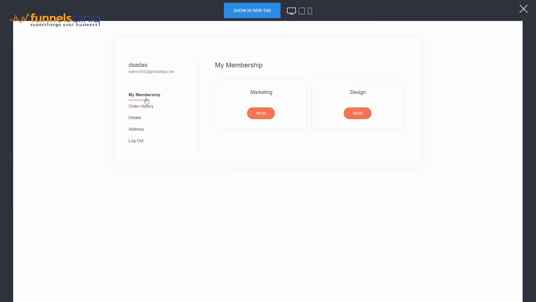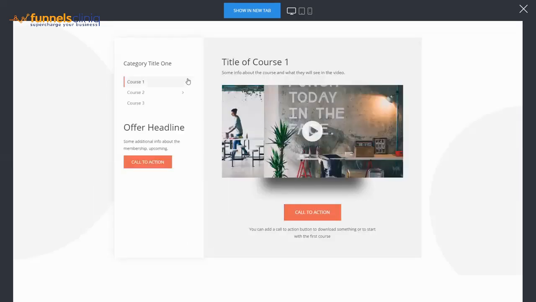So the user can go to their members area and actually to the membership section, and they can see all the different, so if they have like, let's say 10 courses that they've purchased, they can see all the 10 courses with the link to their dashboards. So if we go to the marketing, they can just click here and they can see the marketing section. So yeah, this is how simple it is to modify and create such type of